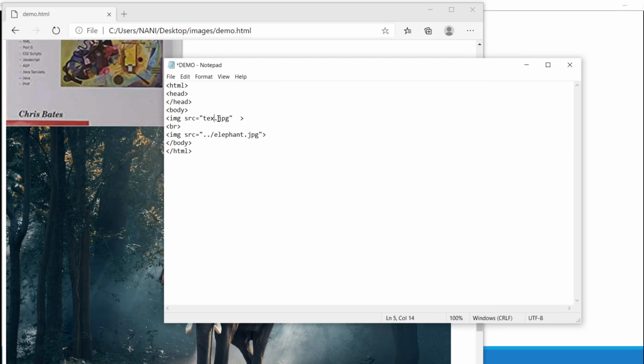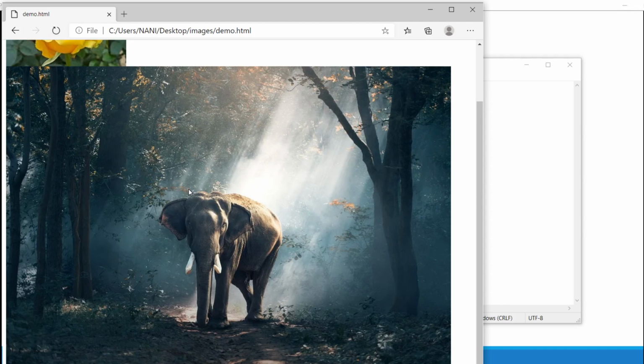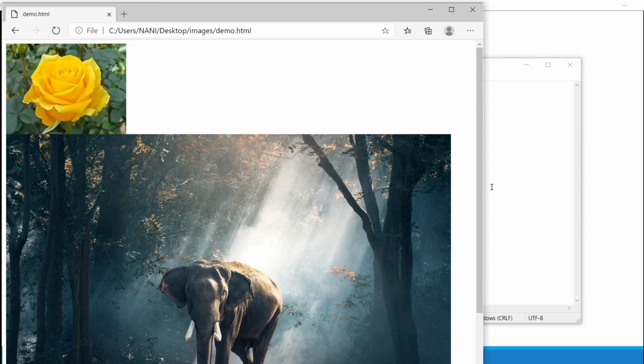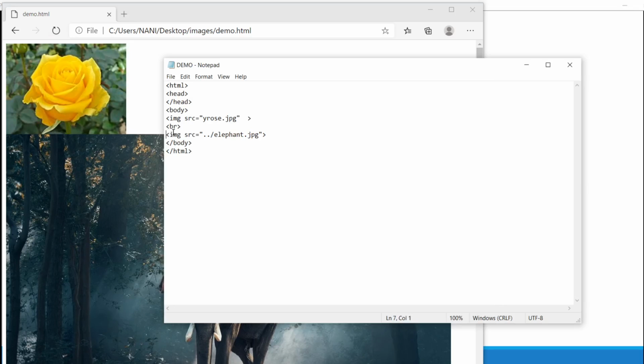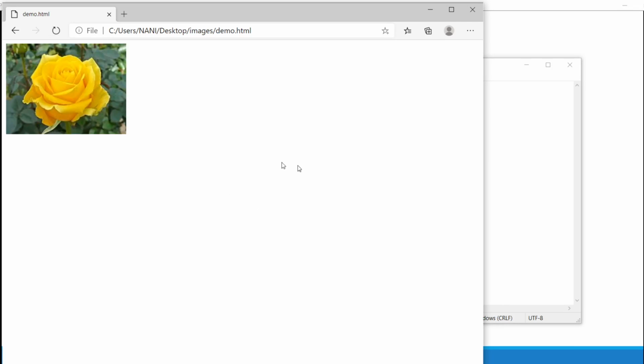If I want rows, what is the image here appearing? Rows. See, rows is appearing.